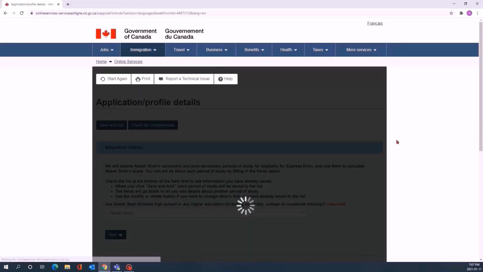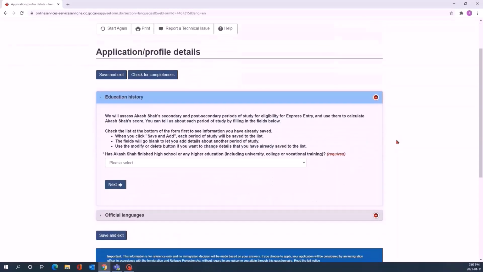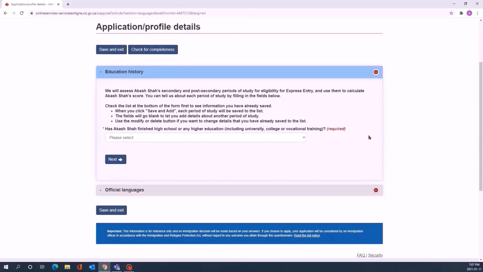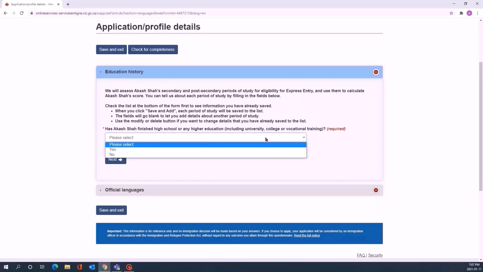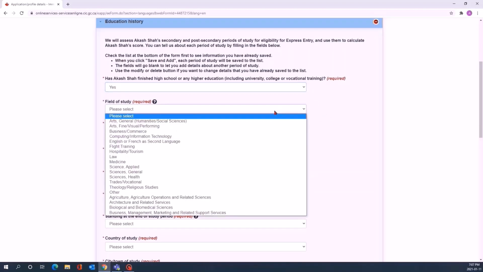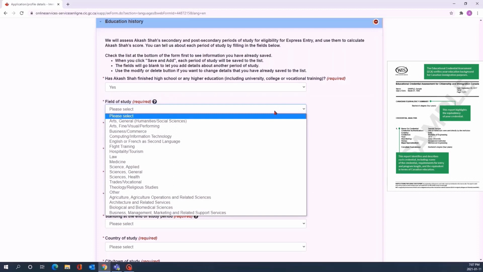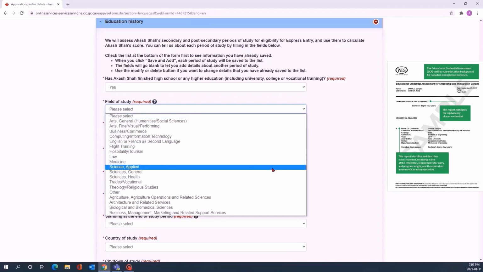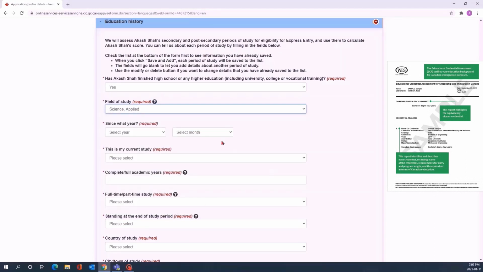Now select the study and language form. Now here you need to enter your education history. So have you finished your high school or higher education? If yes, then select yes. Then, I have done my master's degree in mechanical engineering, so I am going to select applied science as a field of study.